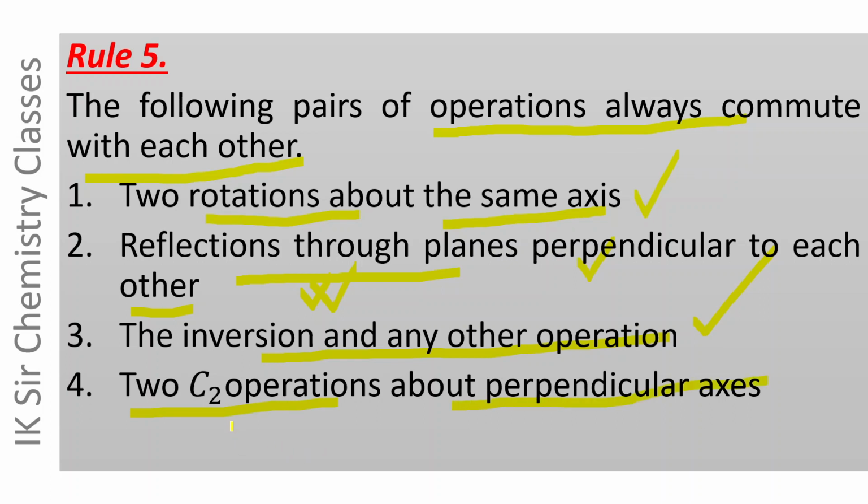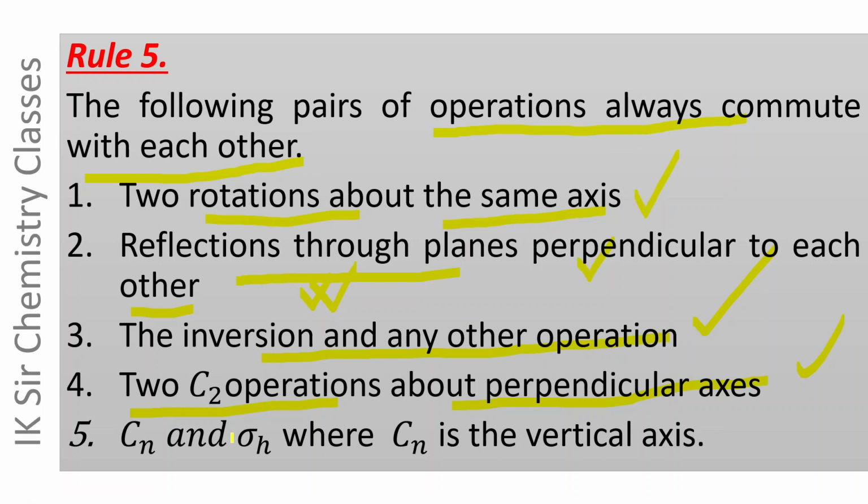For example, we have seen earlier that C2x and C2y operations about axes meeting at 90 degree commute with each other, and finally Cn and sigma h, where Cn is the vertical axis, always commute with each other. These are the general rules for the multiplication of symmetry operations as discussed in the earlier videos for the multiplication table